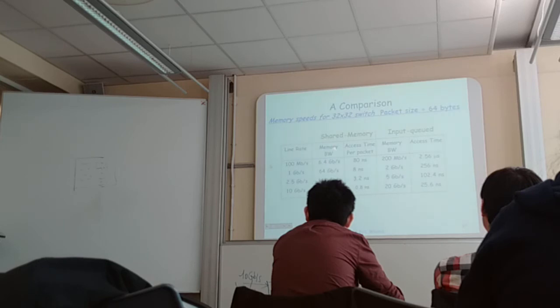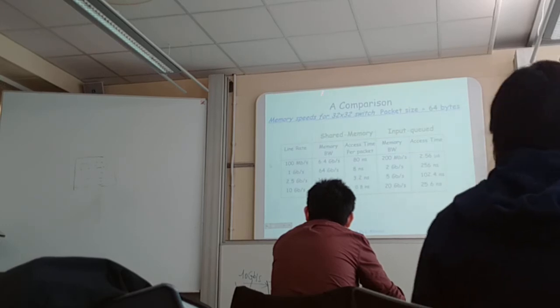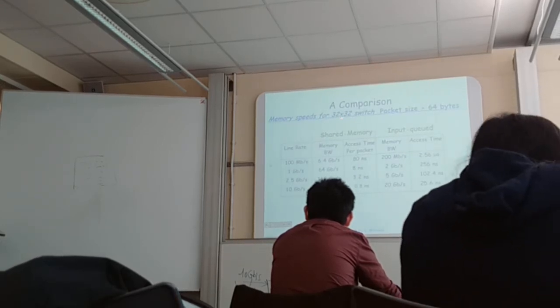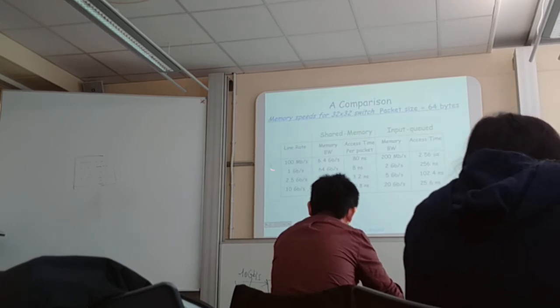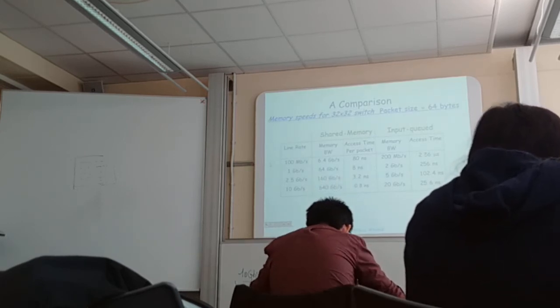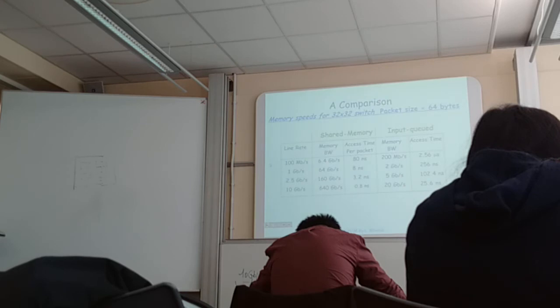Your memory bandwidth for a shared memory, we said, is 2NR, right? N is the number of inputs, here it's 32 by 32, so the number of inputs is 32. The line rate is 100 megabits per second, right? So the memory bandwidth for a shared memory, because 2NR, will be 6.4 gigabits per second. The access time per packet,